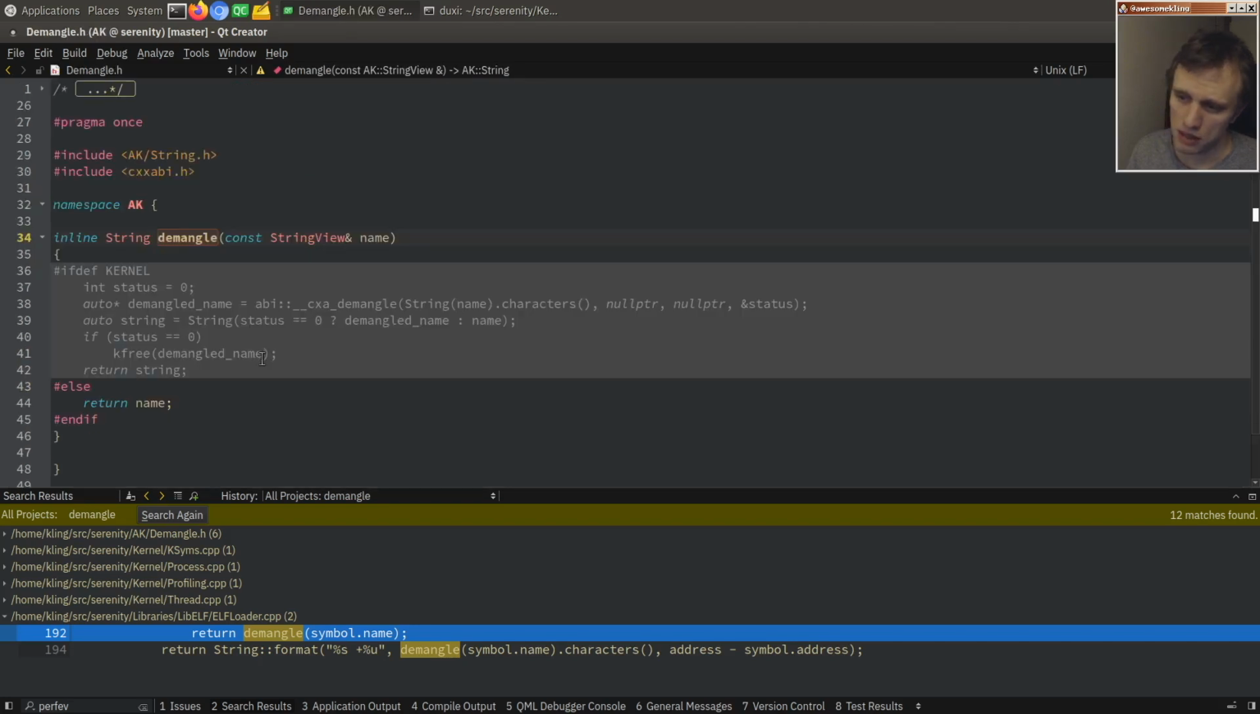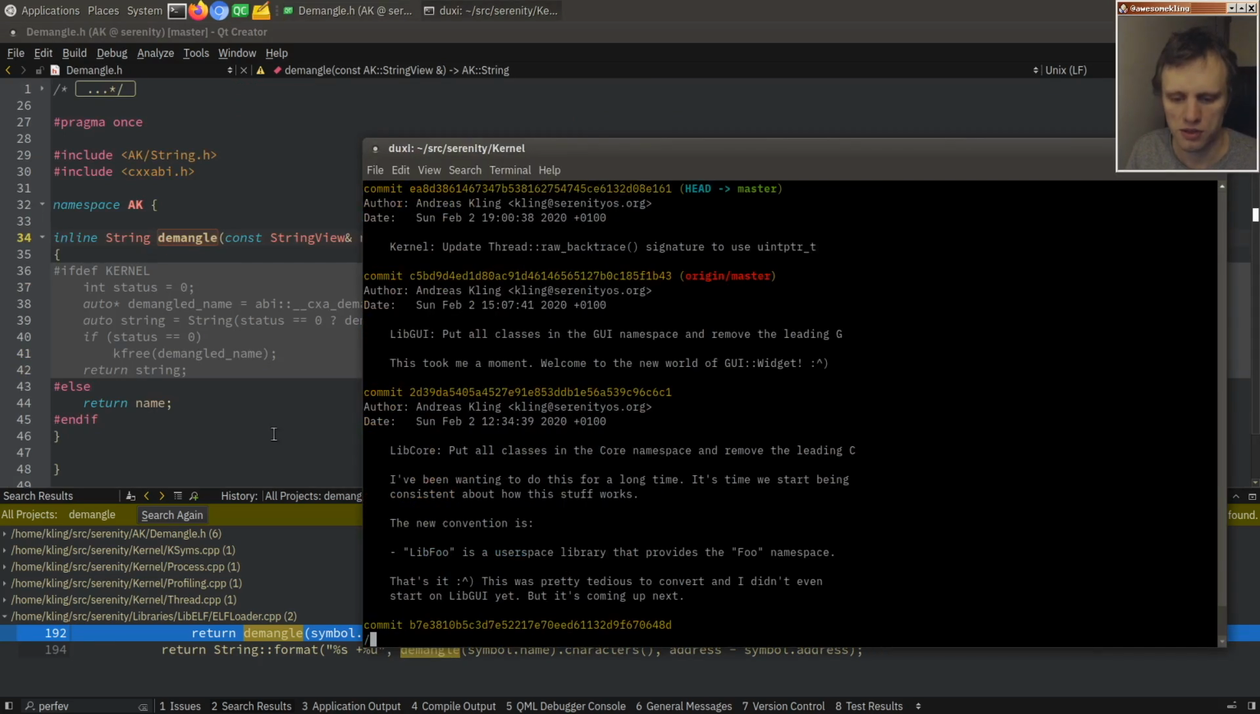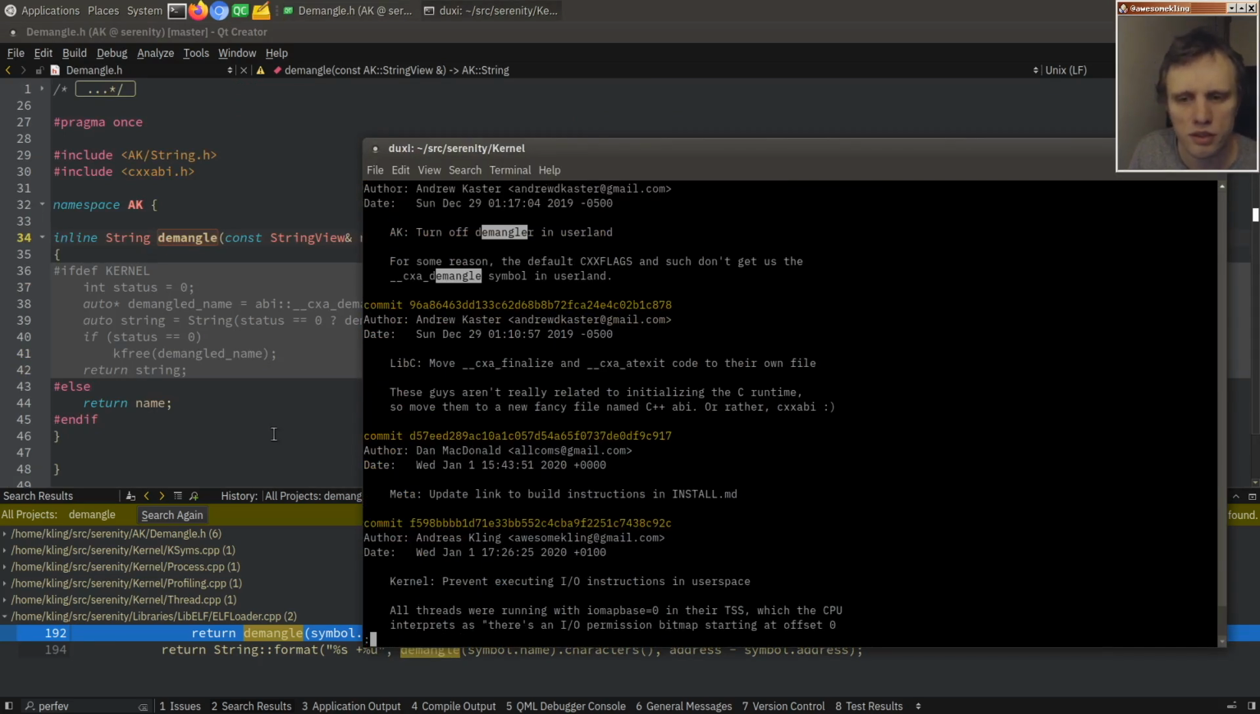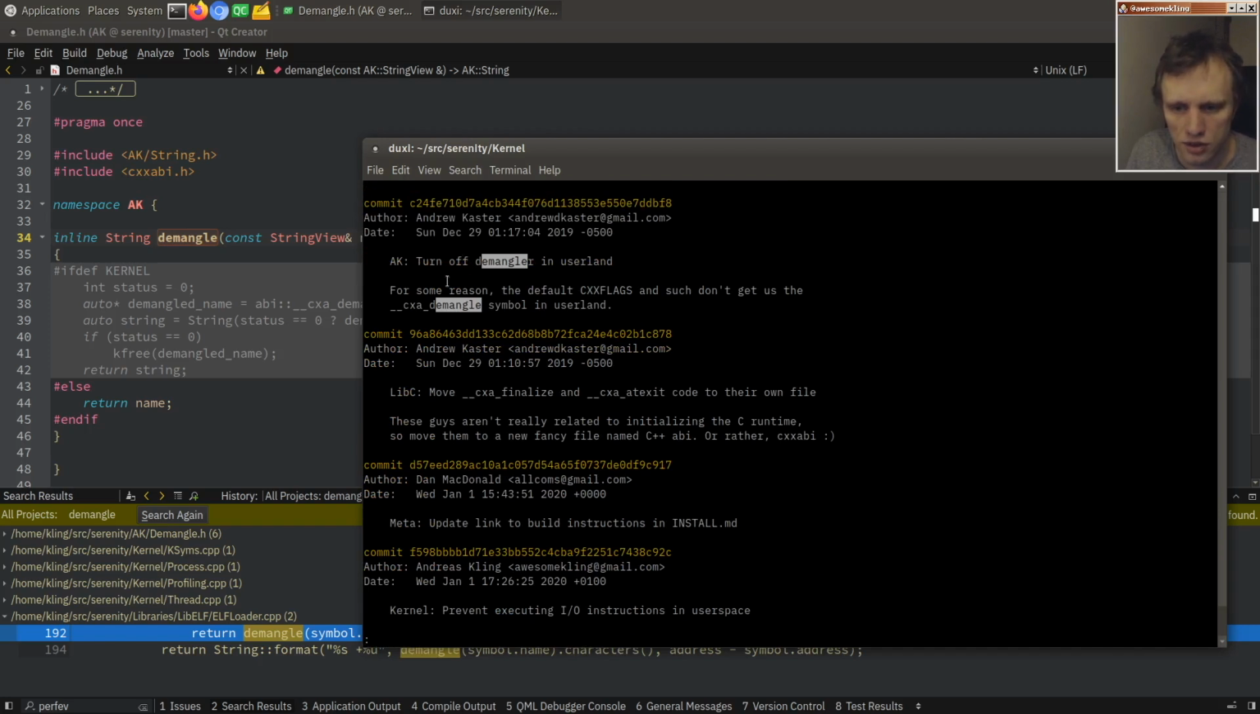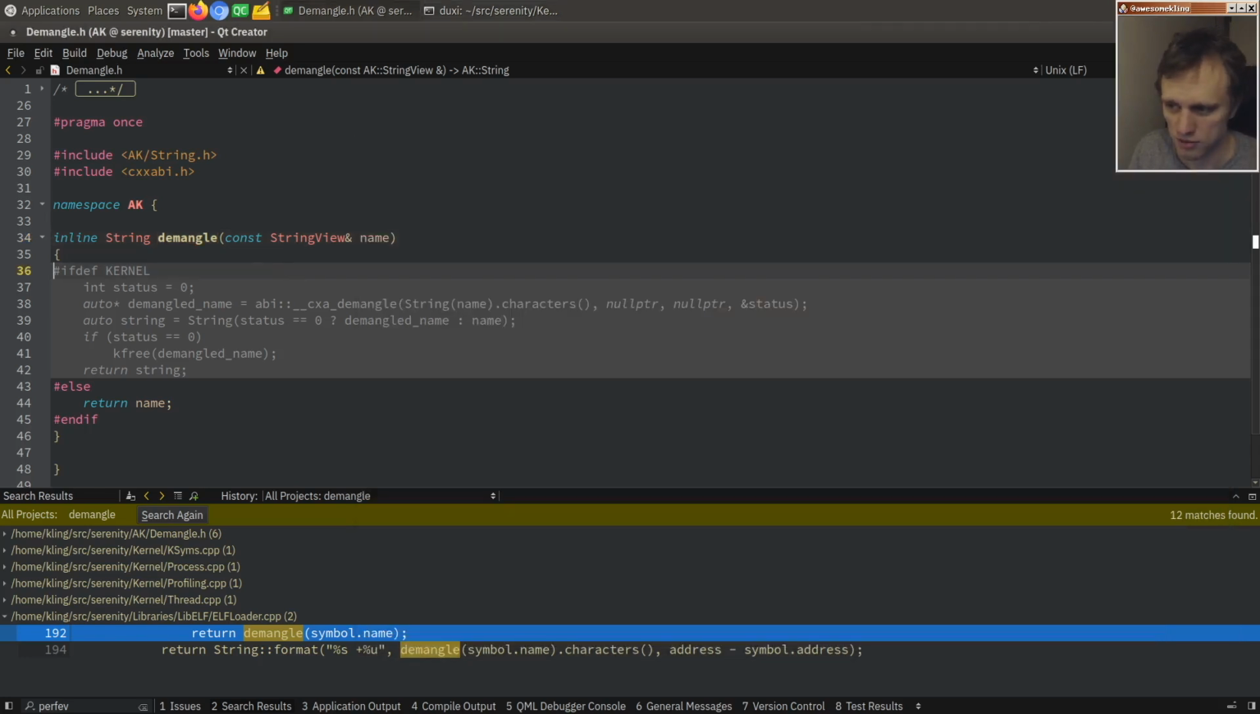Why does it not demangle? Oh, demangling does nothing in user space. Why does it do nothing in user space? Demangle. I feel like someone turned it off. Andrew turned it off. For some reason, the default CXX flags and such don't get us demangle in user line. Well, I really want demangle now, so